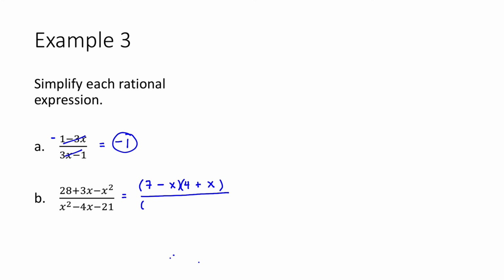In the denominator, I'm going to factor into x and x. 21 looks like 3 and 7. I'm going to put the 7 here and the 3 here, and I'm betting this is going to be an x minus 7, so that those are factors that can cancel, and that means that this should be a plus 3. So when I do cancel, they're not the same factor, so I have to put a negative in there, and this is going to turn out to be the opposite of 4 plus x